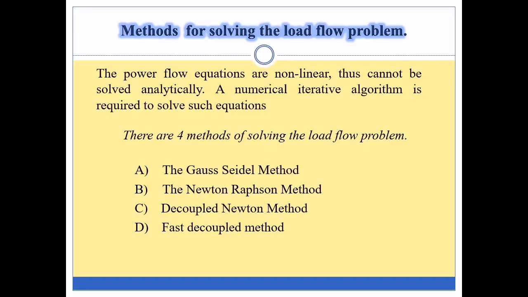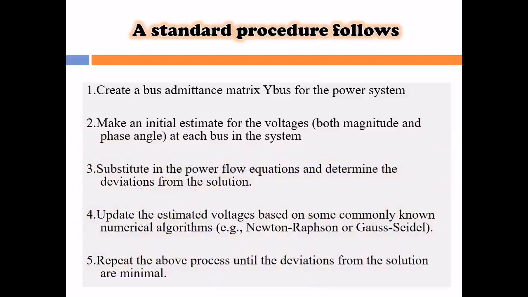The first is the Gauss-Seidel method, popularly known as GS method. Second is the Newton-Raphson method, NR method. Then the decoupled Newton-Raphson method is the third one. Then the fast decoupled method is the fourth one. Basically we will be using Gauss-Seidel and Newton-Raphson methods in general. And if the systems are very big, to improve the speed of convergence, we go in for decoupled and fast decoupled methods. These are the four methods, out of which we will mostly use the first two for many of the systems to obtain a load flow.